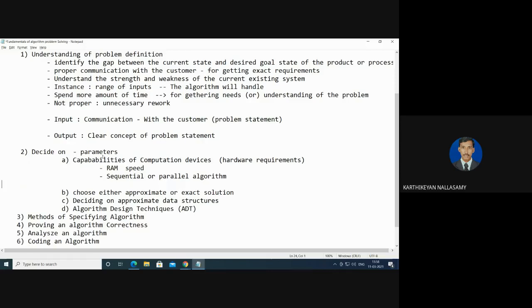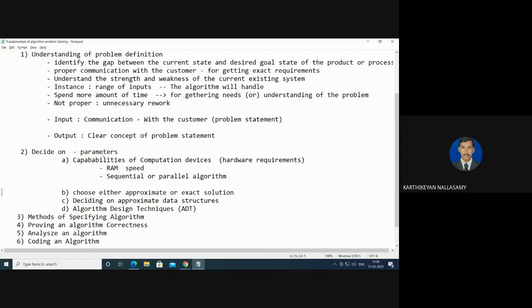A parallel algorithm, I think maybe you heard about it, is called multi-threading in Java. It means that there are two independent steps, two different steps. If the different steps are independent, then we can go with the parallel algorithm. Okay, so now you know what type of machine it will run on.